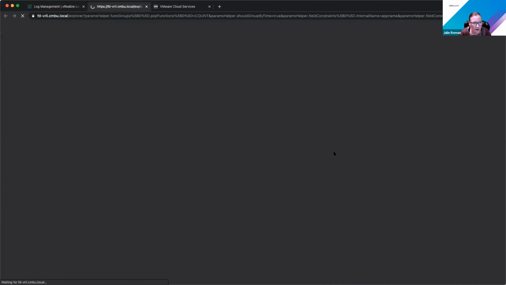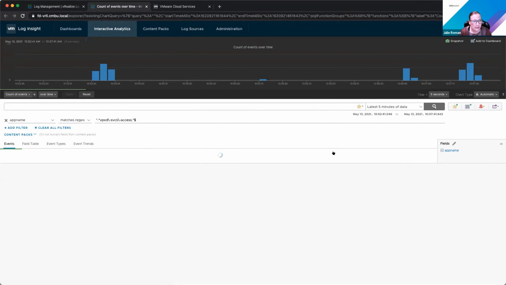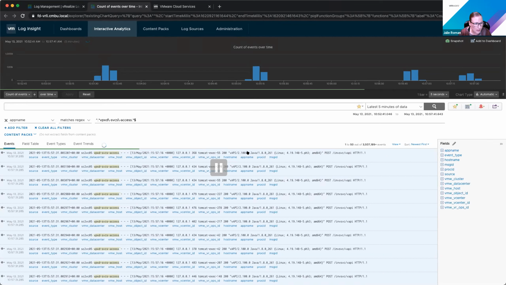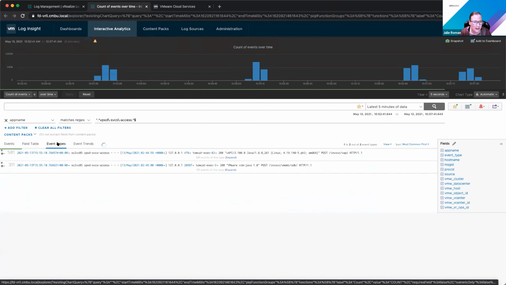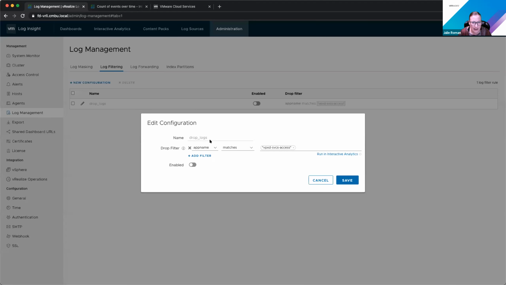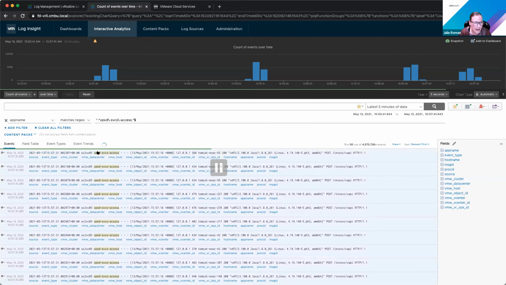So, you obviously want to be sure that that's not relevant. I was getting a log message that was very chatty, like millions of log messages for VPXD, and it was informational only. So, this isn't very helpful. And if I go to the event types, it was like 3 million messages or something in a very short period of time. So that's not enabled right now. What I was using the filter was the application name. Sorry, let me go back. So this is the app name.